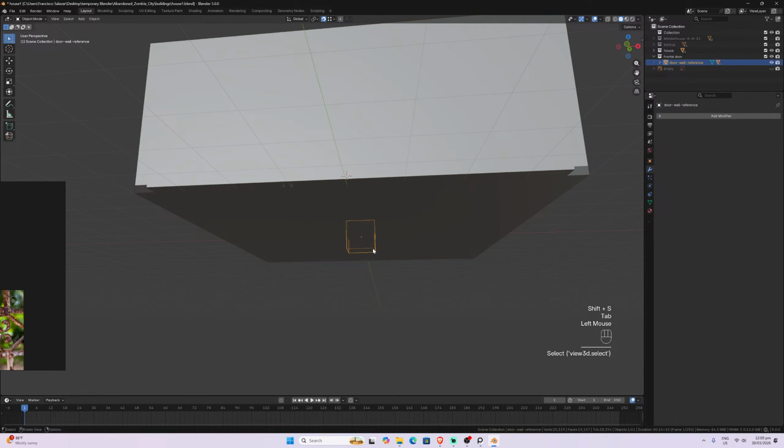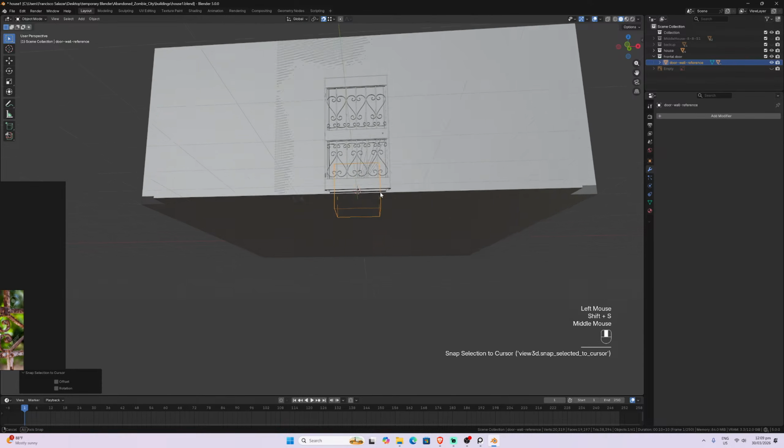Cursor to selected, and then we just move our selection to cursor.